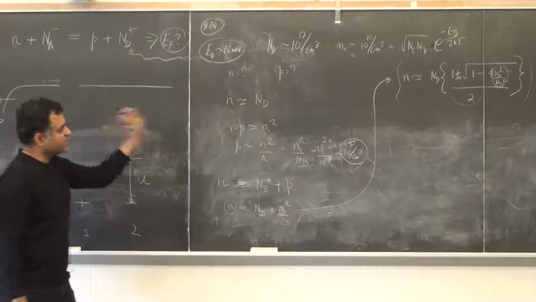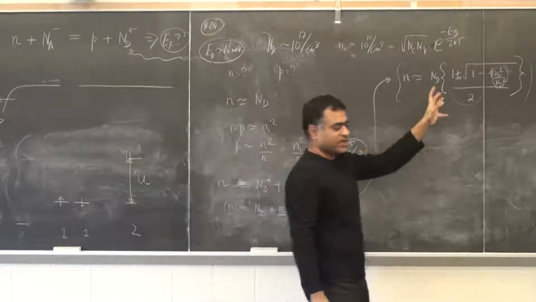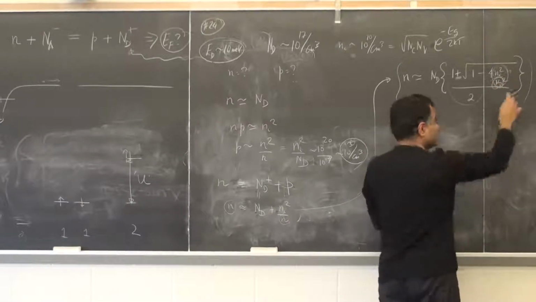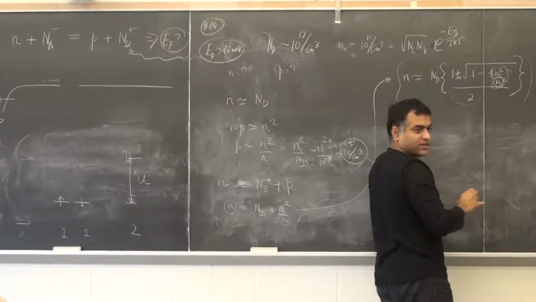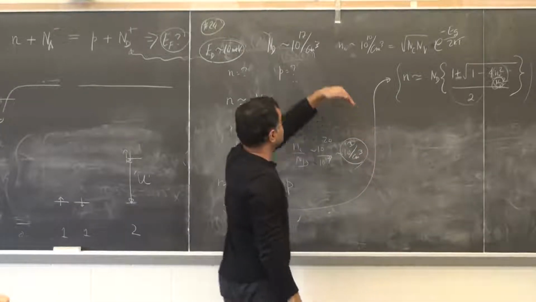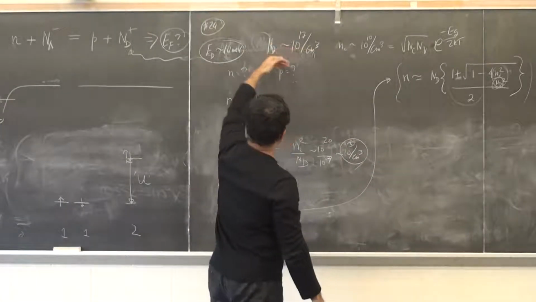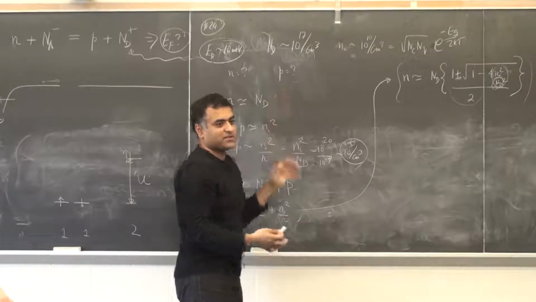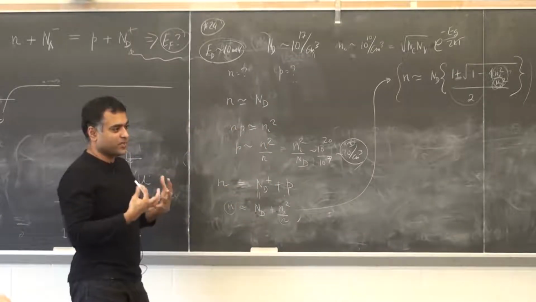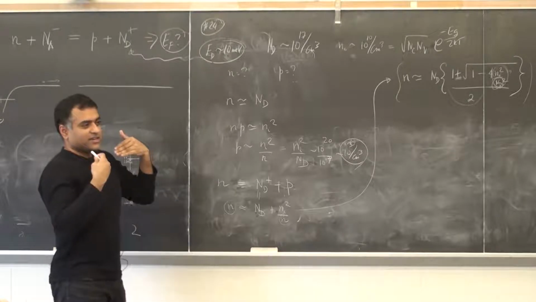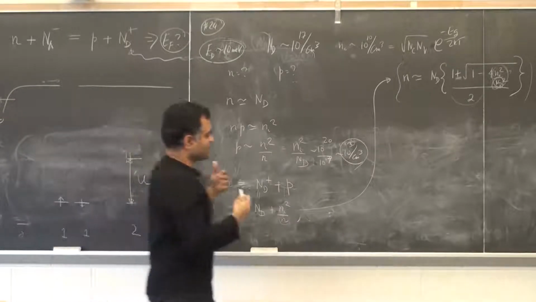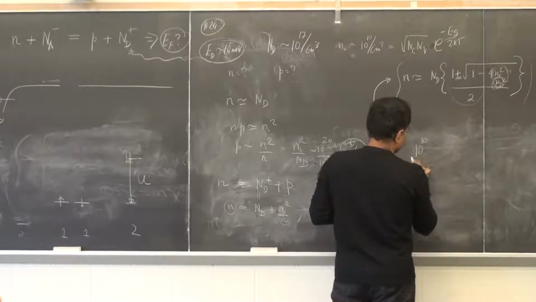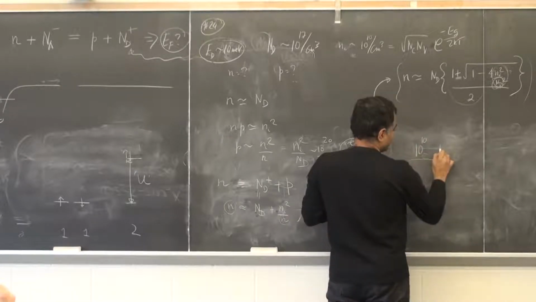But these are very quick and nice approximations. They also give you a feel of how much you should dope. You should definitely dope much larger than Ni. And Ni for silicon is 10 to the power 10 per centimeter cube. If you dope only 10 to the power 9, actually even today we can't make silicon that pure. To be clear, the purity level we're talking about, 10 to the power 10 dopant atoms